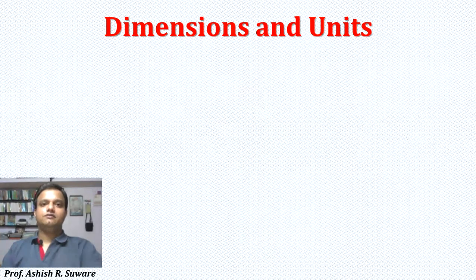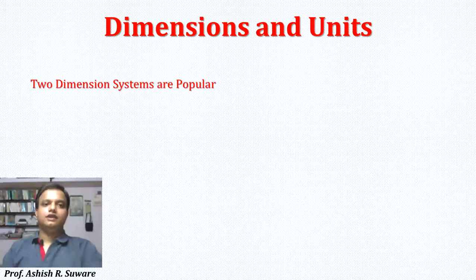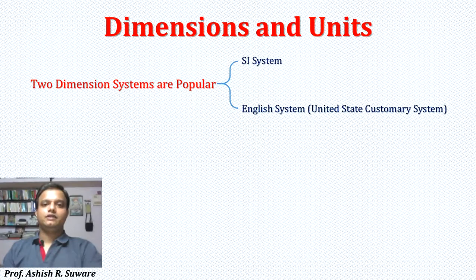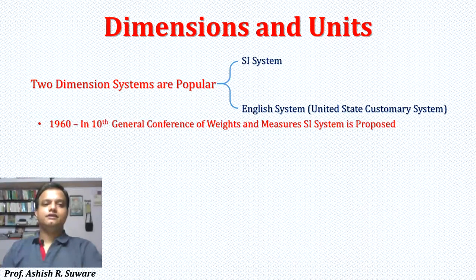As an engineer, one thing should be very firm at the back of your mind, that any quantity without a unit is of no use in engineering. Dimensions and units are of most importance in an engineer's life. In the world we are popularly using two systems, the SI system and the English system. In 1960, during the 10th General Conference of Weights and Measures, the SI system was proposed and accepted by many countries worldwide, but